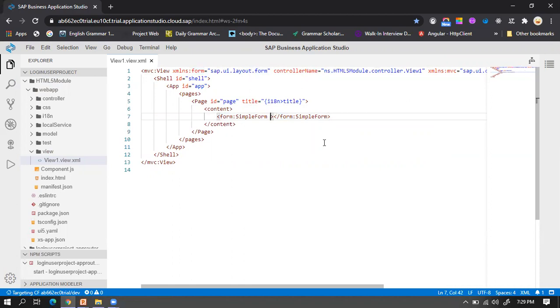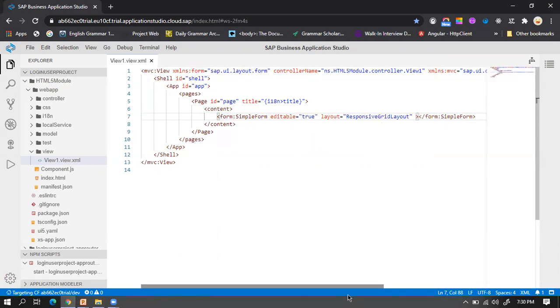Then we want this form to be editable, so we write the editable property as true. I also want the layout, so I want to use the layout as responsive. I can click on ResponsiveGridLayout.